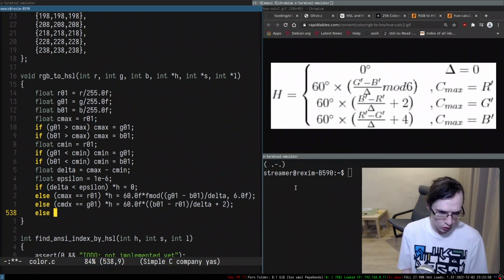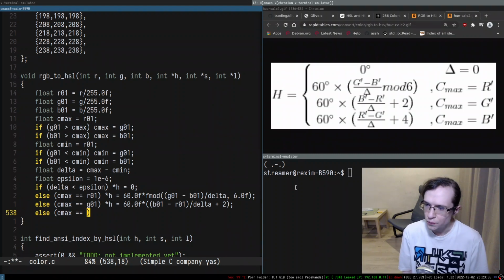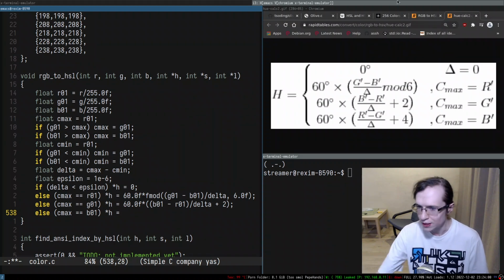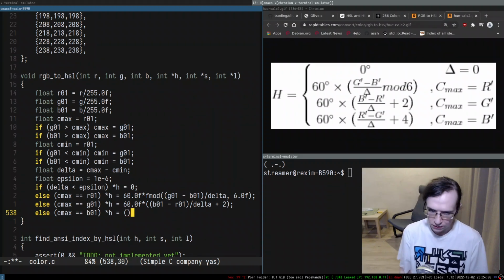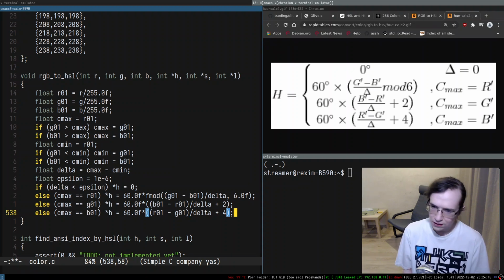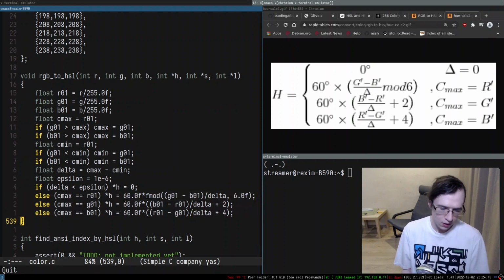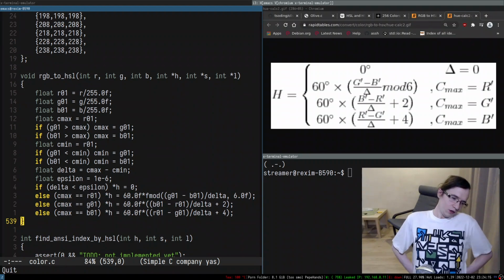There we go. So otherwise, Cmax is equal to blue, B01. In that case, hue is going to be equal to the difference between red and green, R01 minus G01, divided by delta, but plus 4 this time. 60 multiplied by that, and there we go. Okay, so interestingly enough,